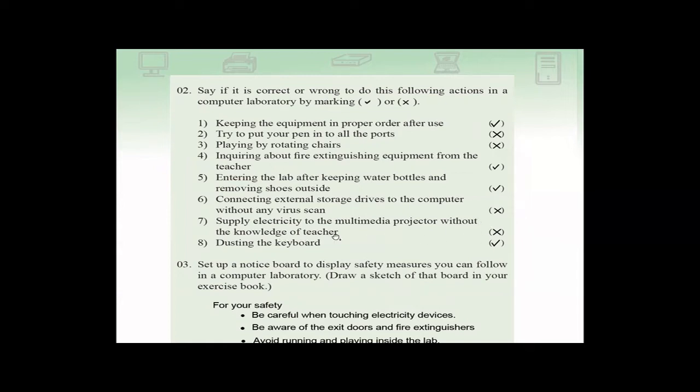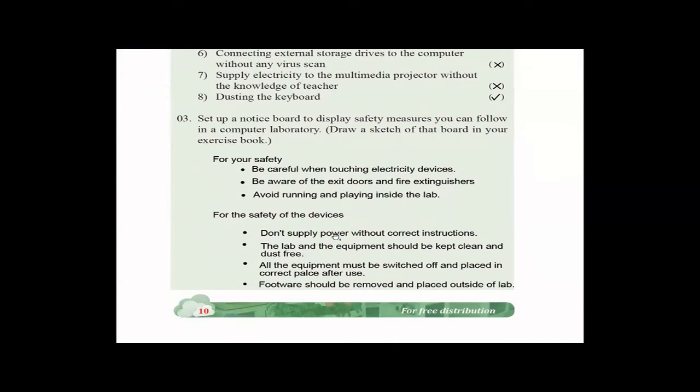Dust in the keyboard, yes, it's a good thing to clean. So it's a good thing to do. Set up a notice board to display safety measures you can follow in a computer laboratory. This one, I haven't done a notice board. I just listed the points. So you can